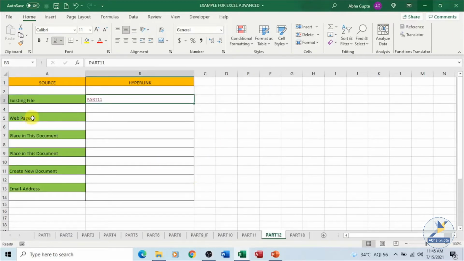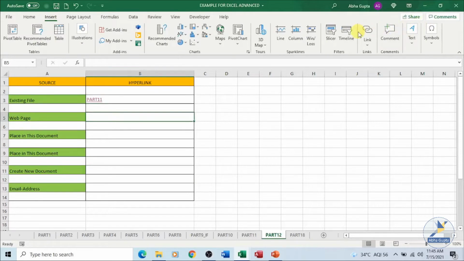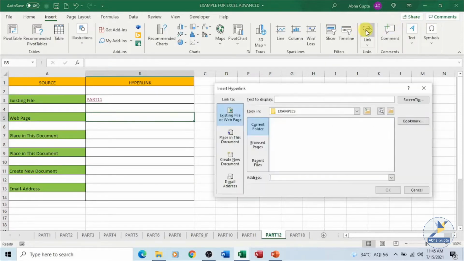Now I want to make a link to a web page. Again, same procedure: Insert, or you can click on Link. I want to create a link to an existing page. What text do you want to add? I want to open Google.